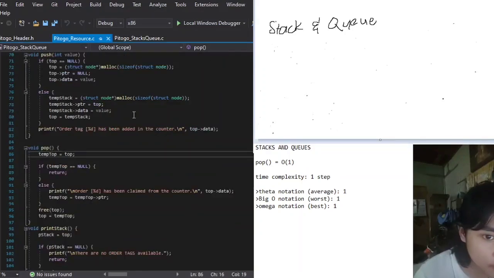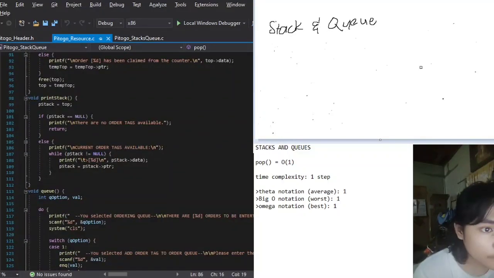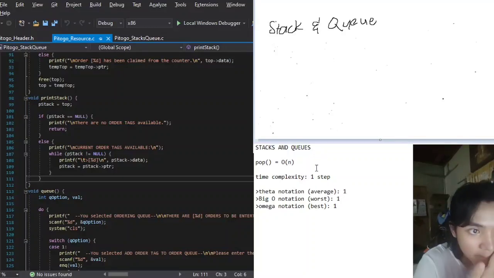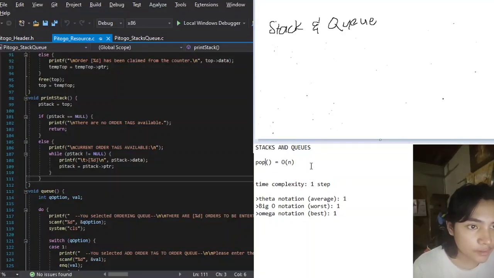Also, I forgot to mention, in printing stacks, we're gonna be using an O of n time complexity. So if we say for example in our first run,